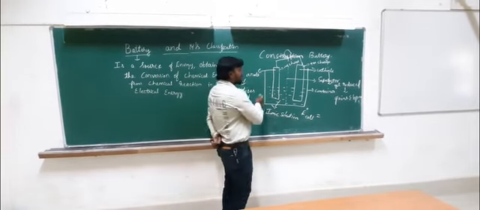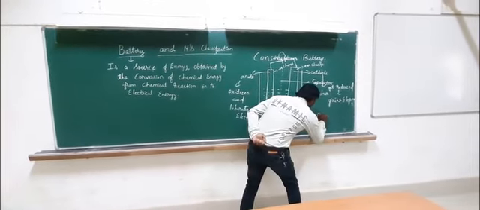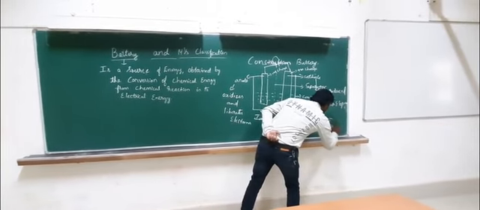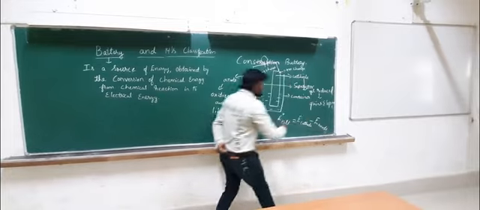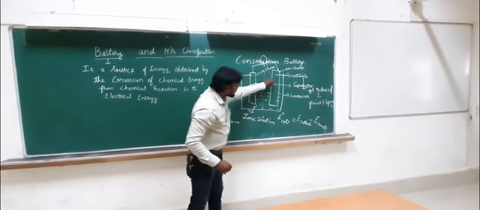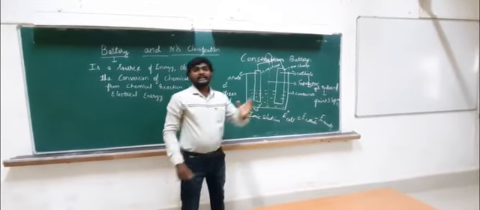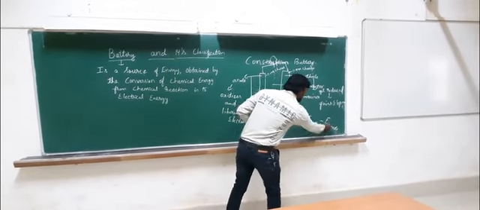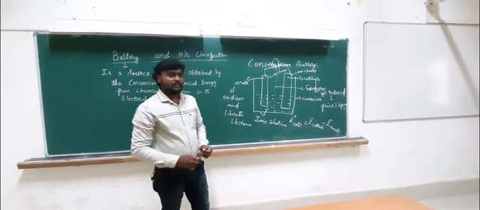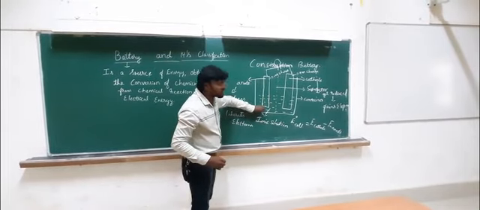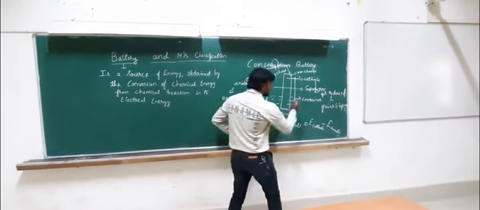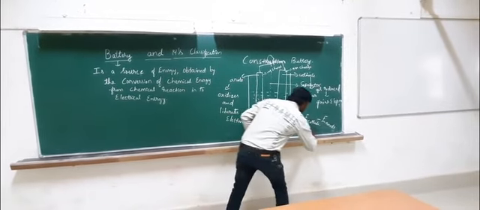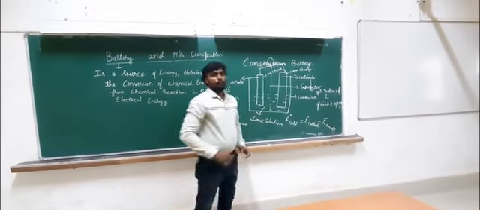By this, we have a formula E cathode minus E anode. So E cathode means electrode potential developed between metal and its metallic ion. And also E anode means electrode potential developed between this anode and this electrolytic solution. By taking E cathode minus E anode, we will get the electrode potential of a cell, which comes in volts.